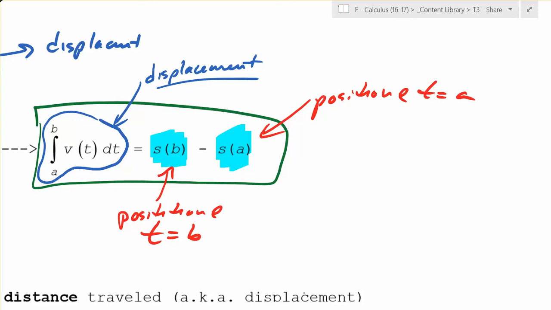Let's say I started at... no, wait, but you start at 0, then... If I start at a place and I end at a place, what's a place minus a place? 0. If I was 5 feet from home and I ended up 5 feet from home, what's my displacement? 0, right? But if I started 5 feet from home, everybody, 5 feet from home, and I did a bunch